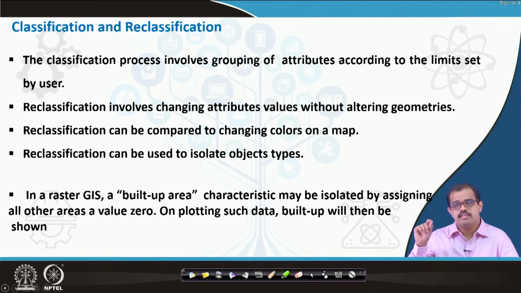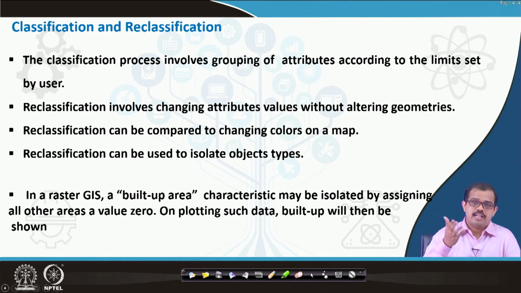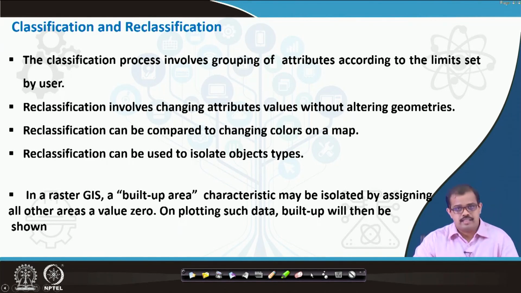Now what I'll do is I'll give 1 equal to 1, 2 is equal to 0, 3 is equal to 0, 4 equal to 0, or 1 equal to 1, star equal to null. It is a simple statement. So now it is reclassified. Now I have only urban area, other areas are null. So this is where we use the same thresholding in terms of classification, in terms of raster analysis.